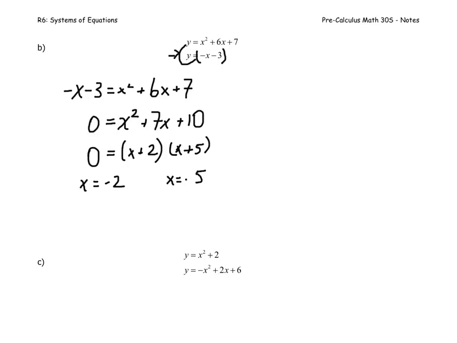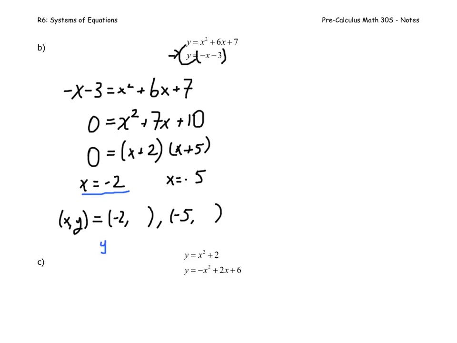Okay, well, I'm not done yet. My conclusion is going to say (x, y) equals, and I'll have (-2, something), and (-5, something else). How do I get those y values? Well, it's actually a lot simpler than it looks. I just take the x value and plug it back into one of the two equations. So for example, if you plug x equals -2 into the second equation, you get y equals